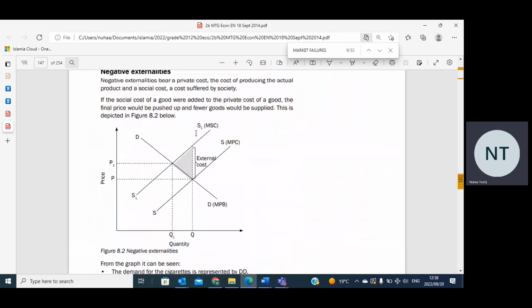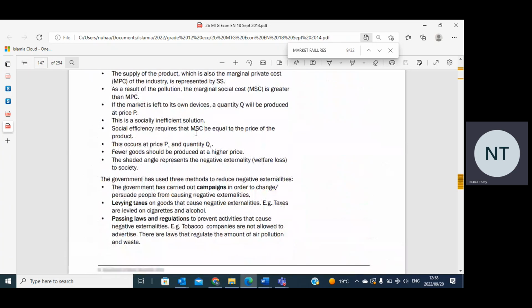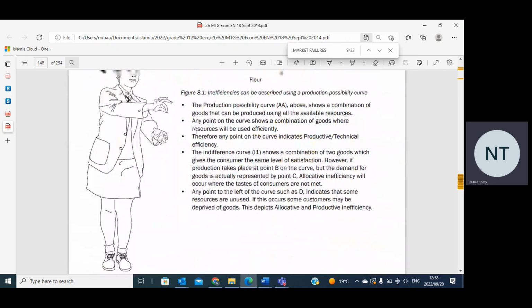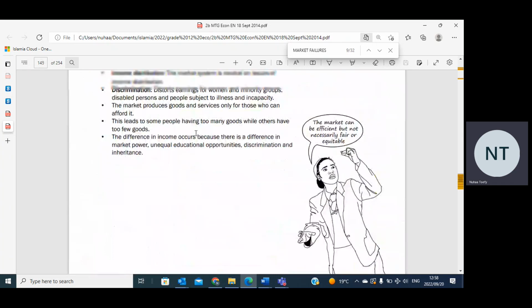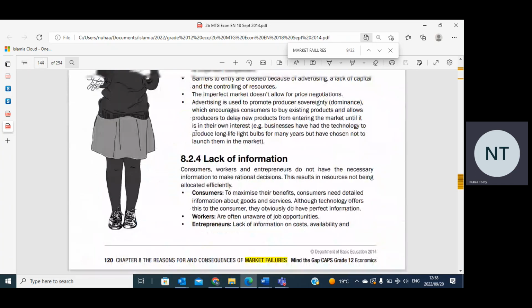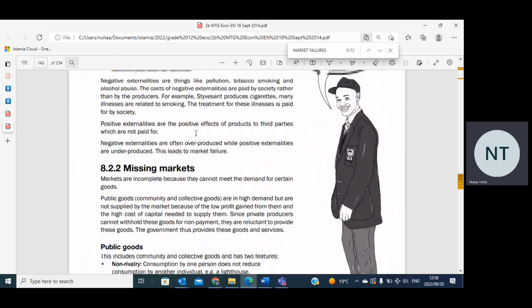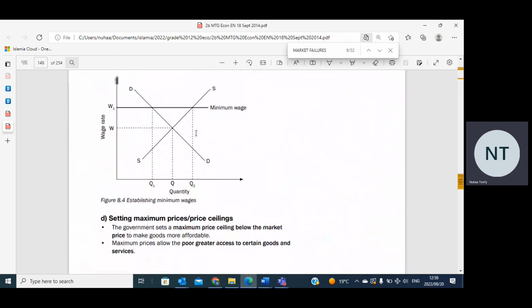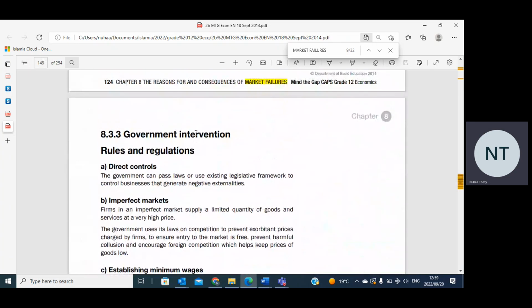Okay, so that's just the reasons as to why we are inefficient. What I'm going to look at now is, you can obviously read through the positive and the negative externalities, as well as look at why market failures happen. We did that quite a bit, but I'm sure you guys can read through it. I want to focus on the graphs because I know that you guys struggle with the graphs, but there's no need to panic with regards to the graphs. Now, there are market failures that occur, and there are reasons that market failures occur. So the government has to intervene. The government needs to do something so that the market failures are lessened.